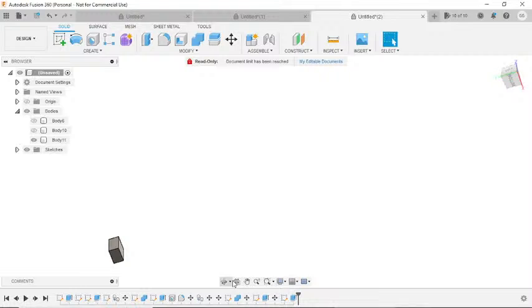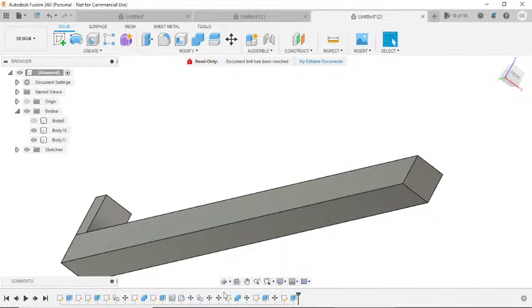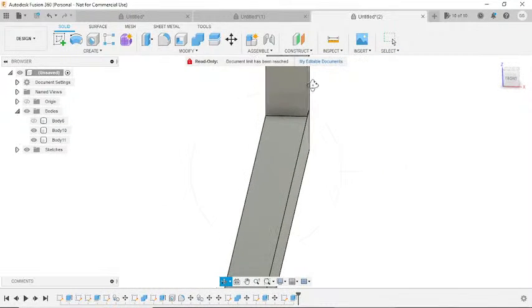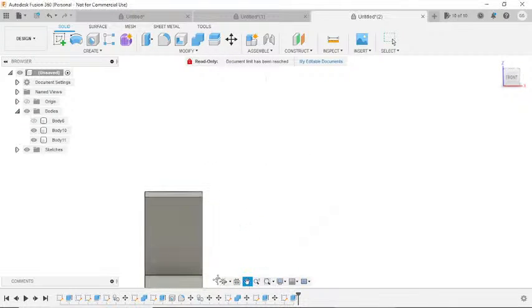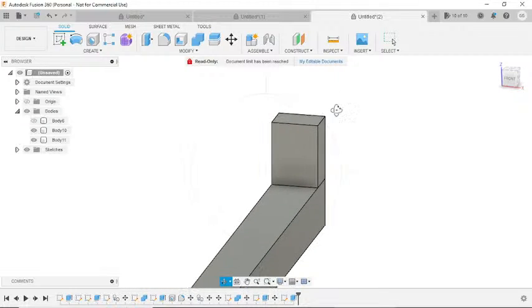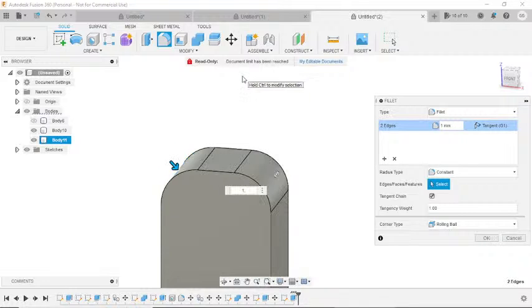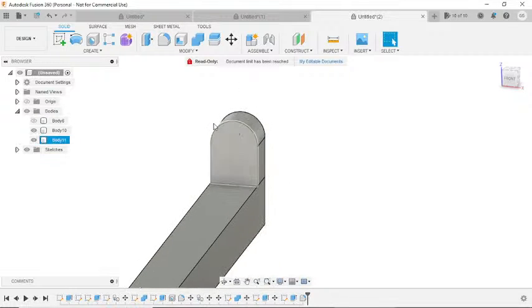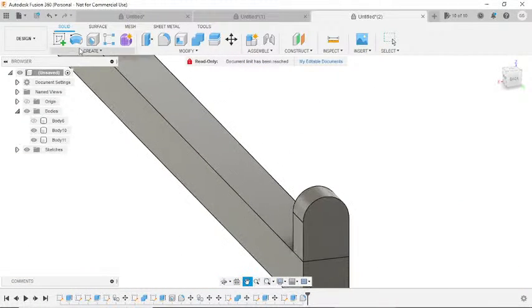But before we do that, because we want the center point as such, so we're going to body 10. So that means that why isn't it all working? There we go. So now we need to move around up here, and I don't know what is with Fusion today. It's been very slow and hard to move around. We need to go 1.5 millimeters like so, and that will create a rounded point. And then we need to flip it around to here,